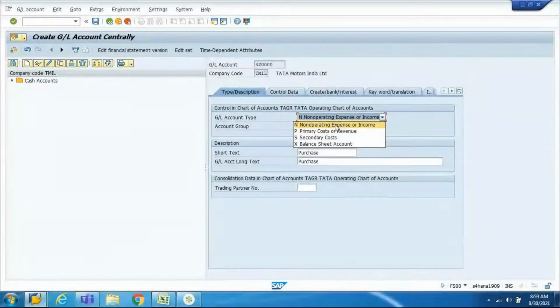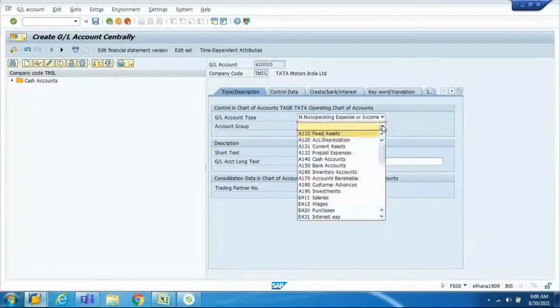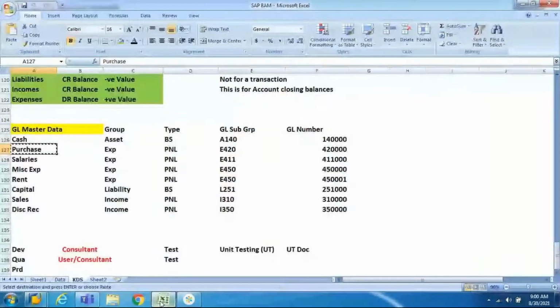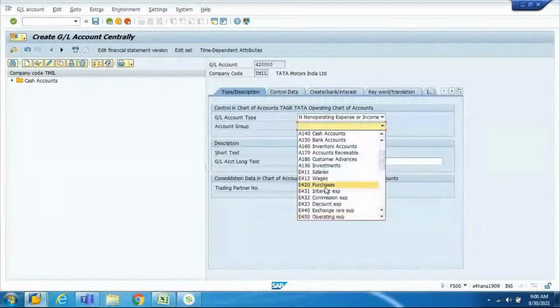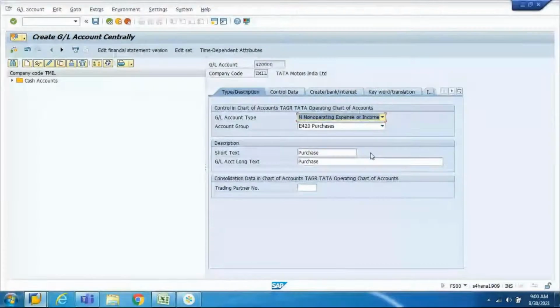So if you select the first one, this expense account will never go to your CO because this is a non-operating expense or an income. Any non-operating expense or income is not treated as a cost element, right? Now, if I change this, let me be on this screen and I need to select the account. Which account group were we talking about? E420, right? So I'll have to pick E420. Where is E420? Here is your E420. If I go to control data,